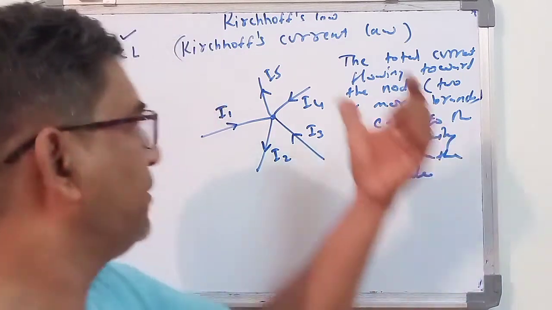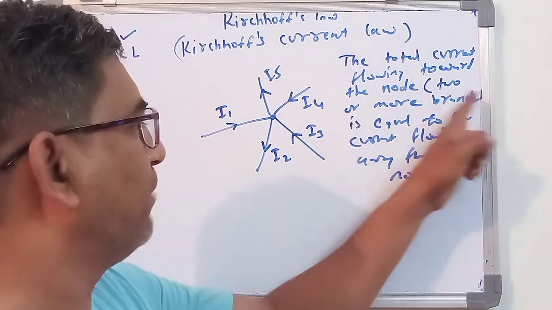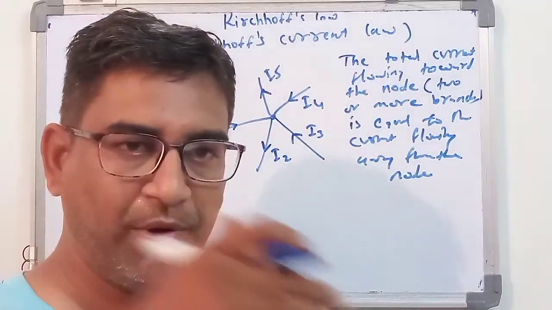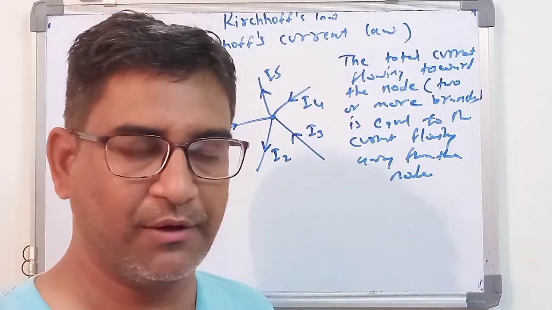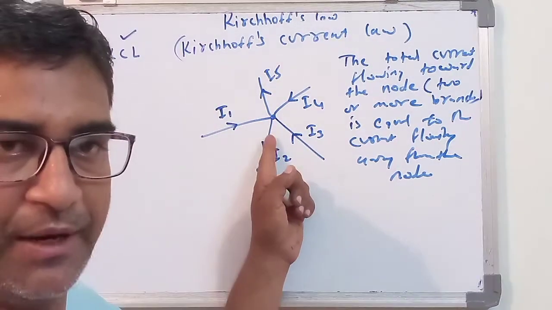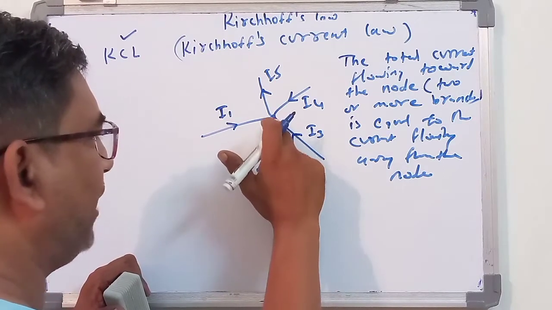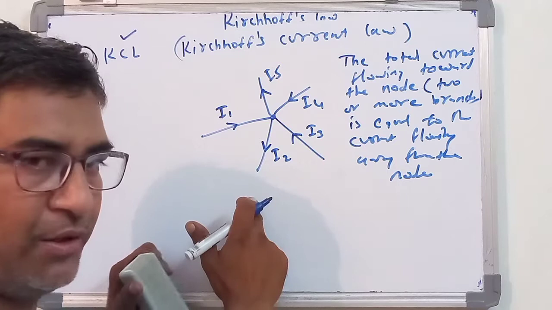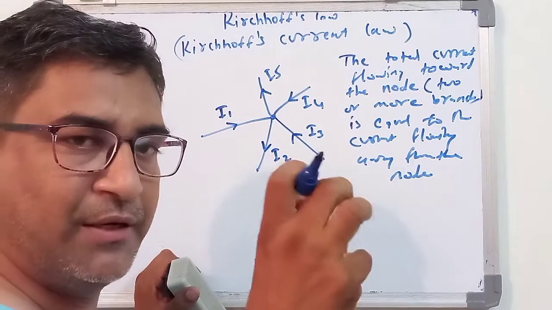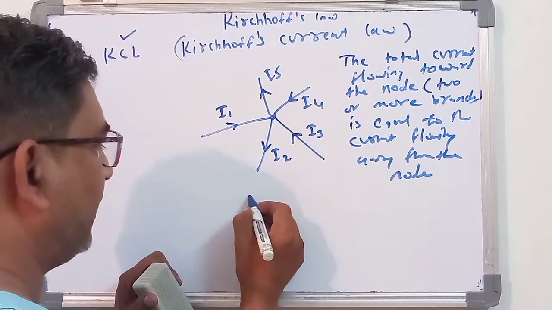Students, the definition of KCL is that the total current flowing towards the node, with two or more branches, is equal to the total current flowing away from the node. You have to consider the incoming value and the outgoing value, as explained in this diagram. Consider the incoming value towards the node and the outgoing value from the node. When a current is entering the node,